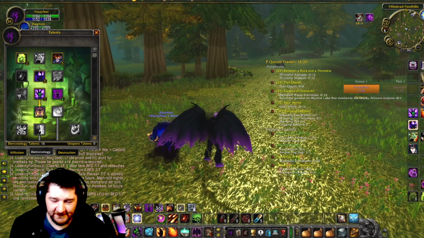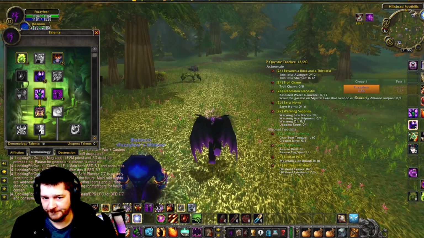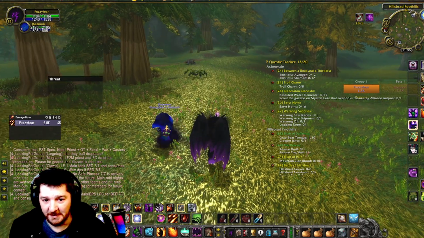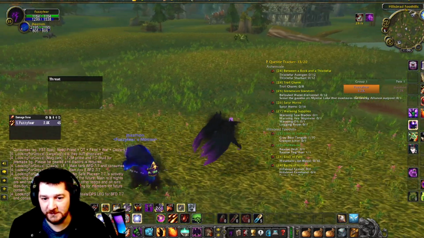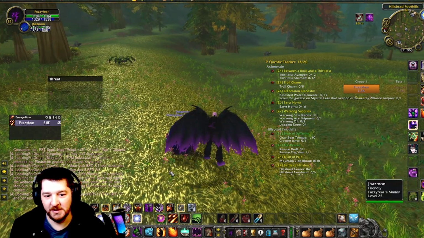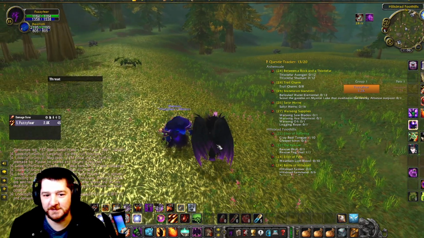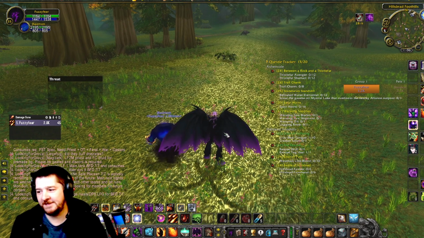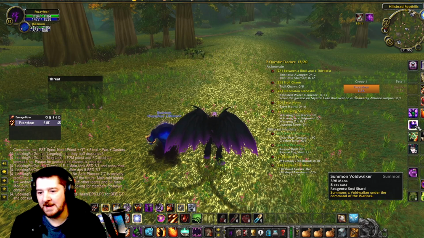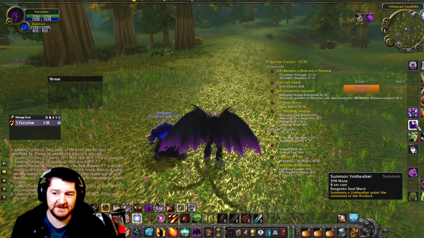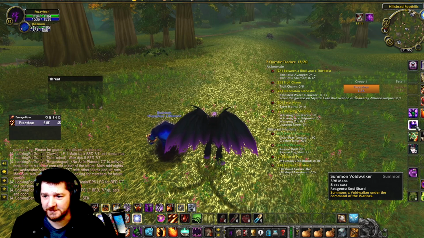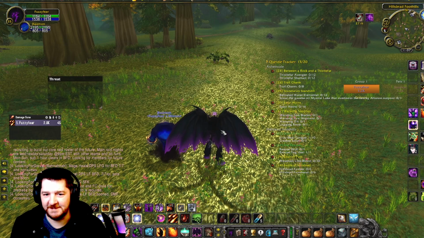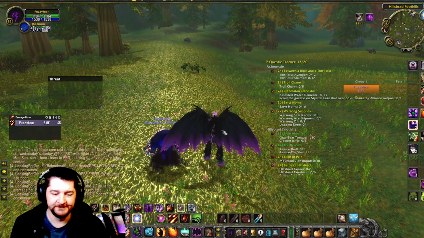That's rarely useful, but if you're on a fight where you are tank swapping, whenever you know you're about to have a swap coming up, you can sacrifice your Voidwalker and go without a pet for a few seconds. Wait until the other tank taunts the boss off of you, and in 8 seconds you can have another pet out, another Voidwalker out. Meaning that increases the amount of times you can use sacrifice during one raid boss fight.